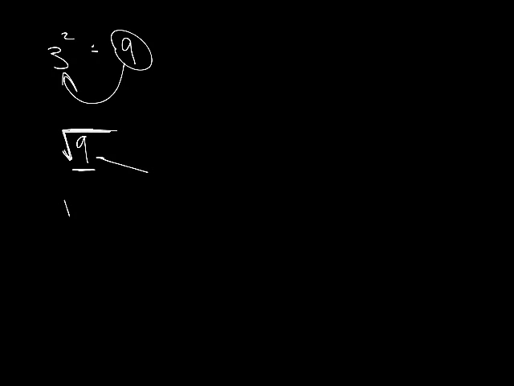So if we have 3 squared, and that gives us 9, and we want to go from 9 back to the 3, what we do is we put another symbol on the 9 that says what two numbers multiplied together give you 9, and that's what it looks like. This is called a radical sign. This is called a radicand. And the number that goes in this little space, and I'll use red here, is a 2,